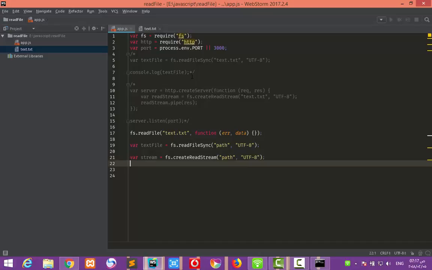So the difference between these three functions: